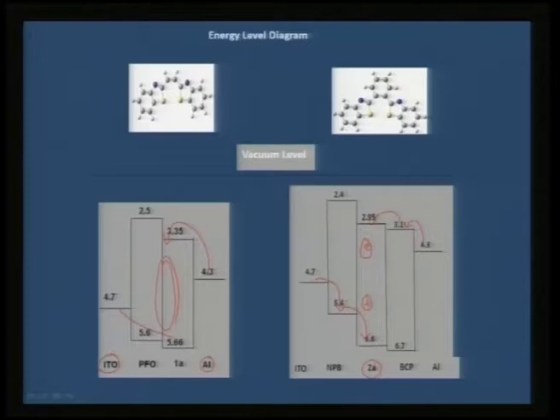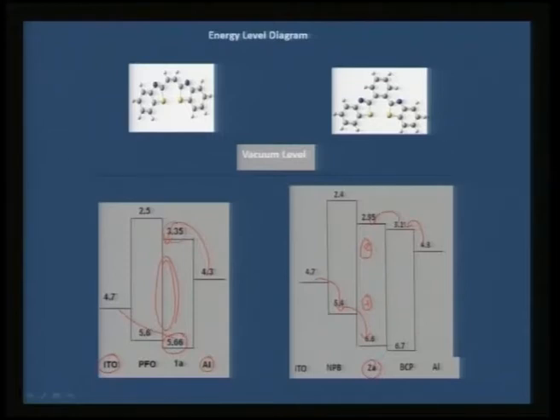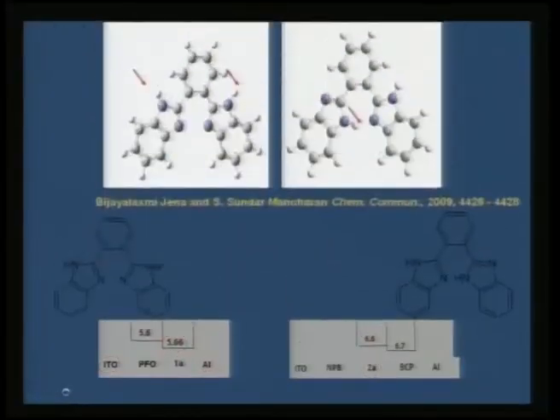So, as you are choosing a molecule, one should also know that the HOMO level and the LUMO level should be comparable to the adjacent layers, otherwise you would not get the right set of devices. And incidentally, in the case of 1A and 2A compound, we have an excellent match where the device falls in picture, and as a result we can harvest a white light emission.